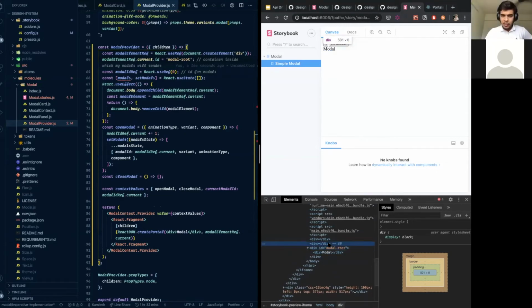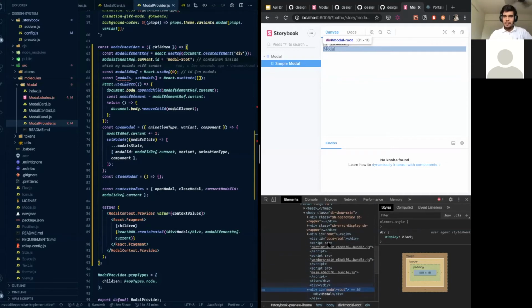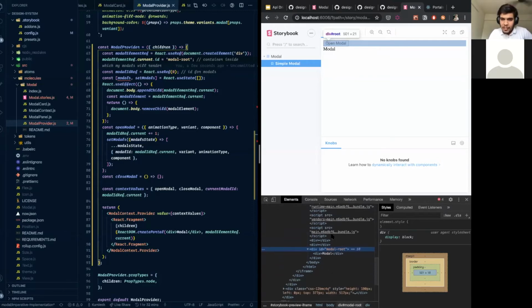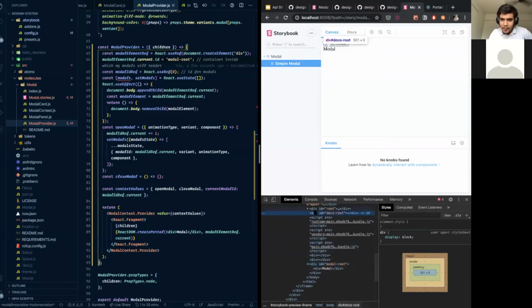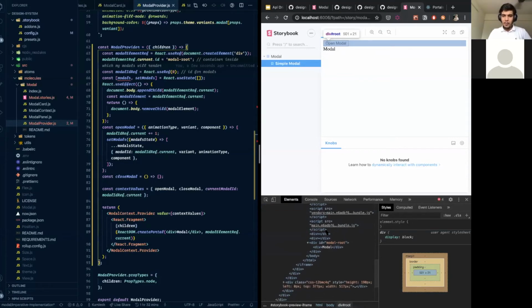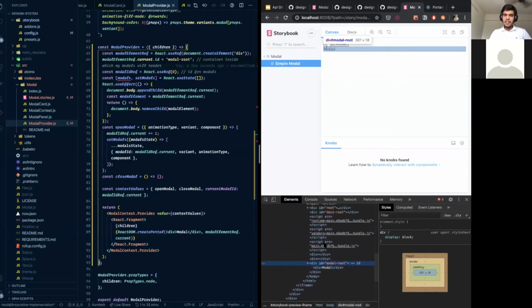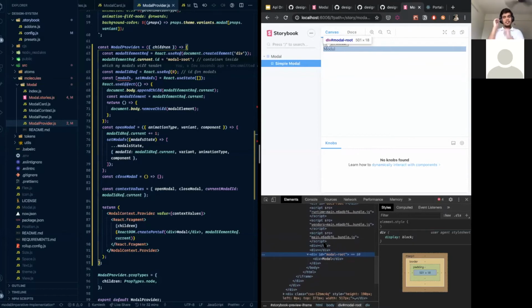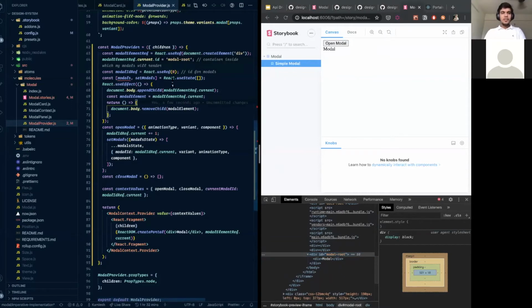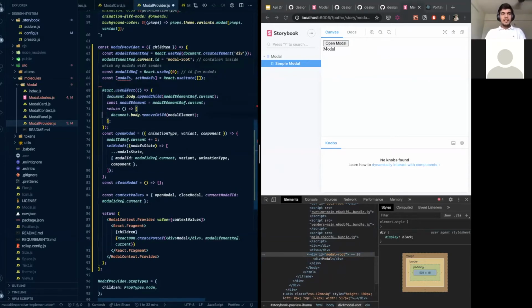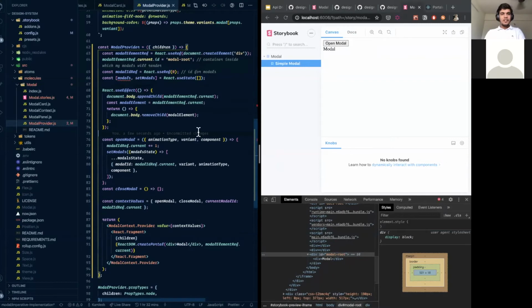Now, the thing that I wanted to show was this one. This portal is rendered outside my DOM tree. My DOM tree is somewhere here. Now you can see, right? This is my root where my actual React DOM is mounted. But this is something which is adjacent to that root, which means it's not inside my actual application, which is exactly what we wanted, right? So we are in a pretty good state.